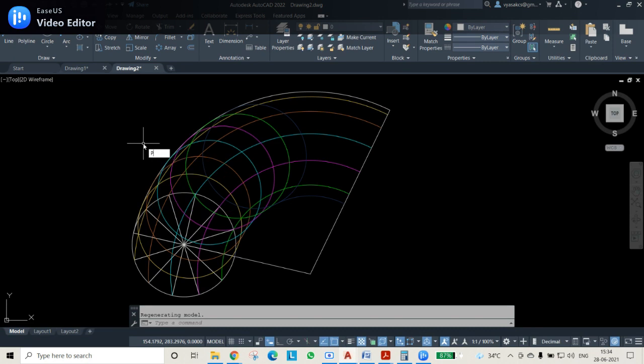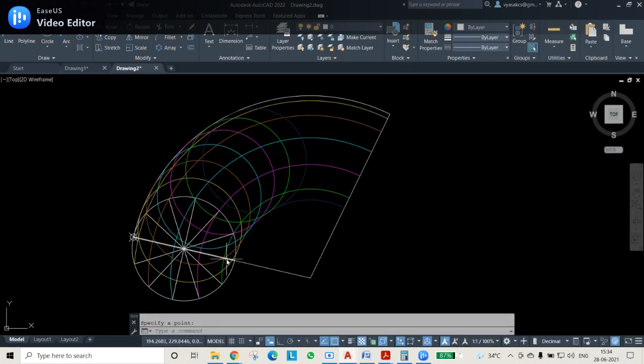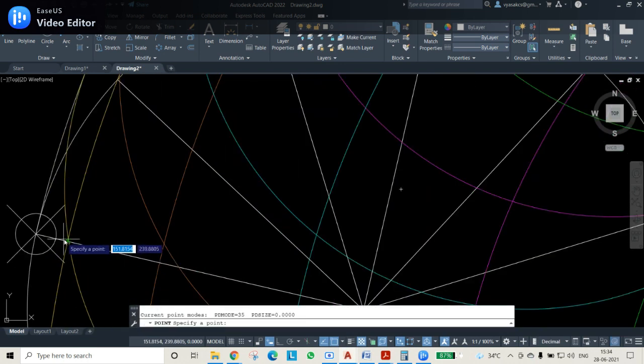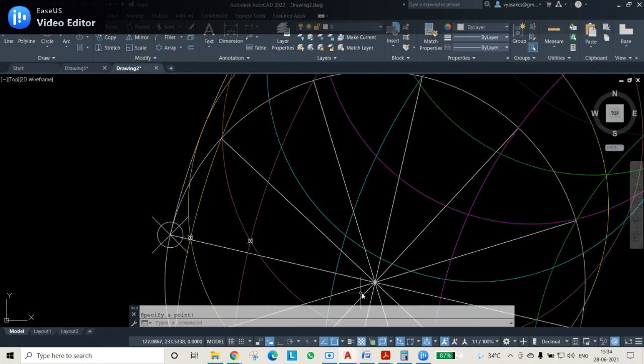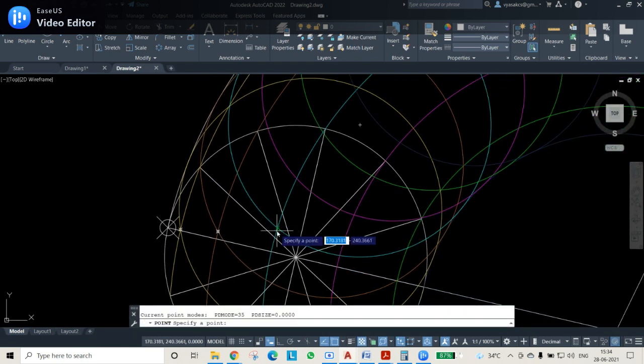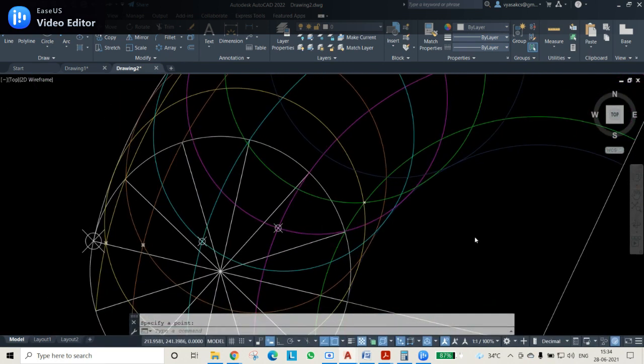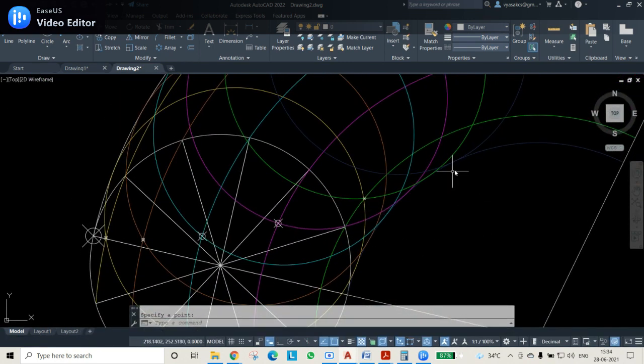This is your first point, and then you go with the remaining points: the yellow intersection here, the orange intersection here, next the cyan intersection here, then the magenta intersection here. Then the green intersection, you have to zoom and see. This is your intersection point, and after cyan, the last one is blue, which will be exactly at the midpoint.